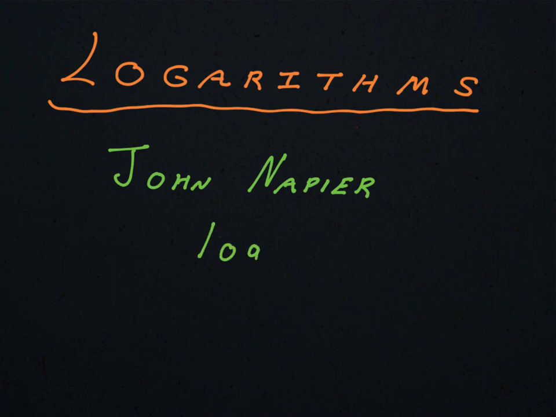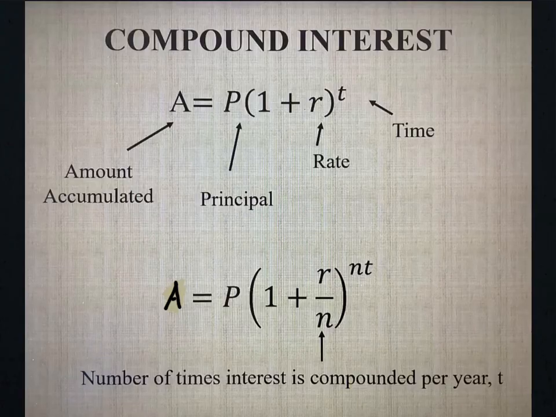Now, logarithms have a base of 10, unless we state it differently. But what if we used a very special base? That's what we're going to look at here. So let's revisit the compound interest formula that we've talked about a few times already. So compound interest, we have an amount that we're going to accumulate. We have a certain principal, P, and we're going to keep that principal, and we're going to add to it